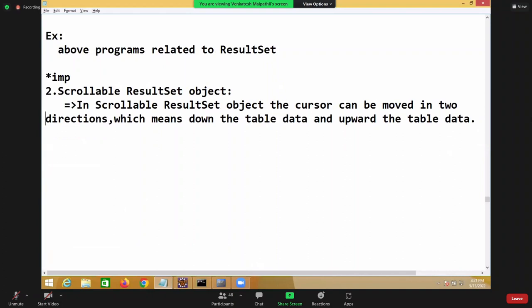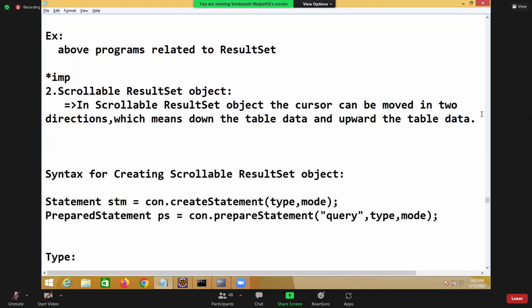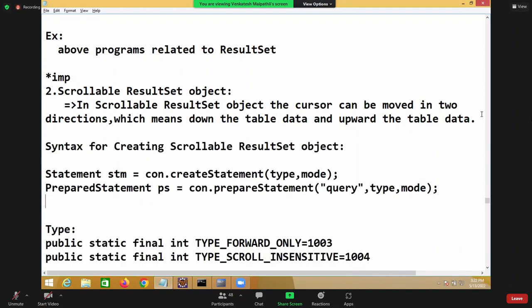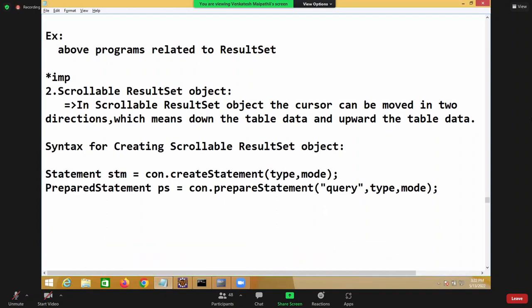In scrollable result set objects, the cursor can be moved in two directions, which means down the table data and up the table data. Here, we are imagining our result set object, and the cursor is moved in the result set object down the data and up the data, which we call scrollable. Sir, how to design this result set? How to construct this scrollable result set? There are two syntaxes: one syntax with statement and one syntax with prepared statement. That is the syntax for creating